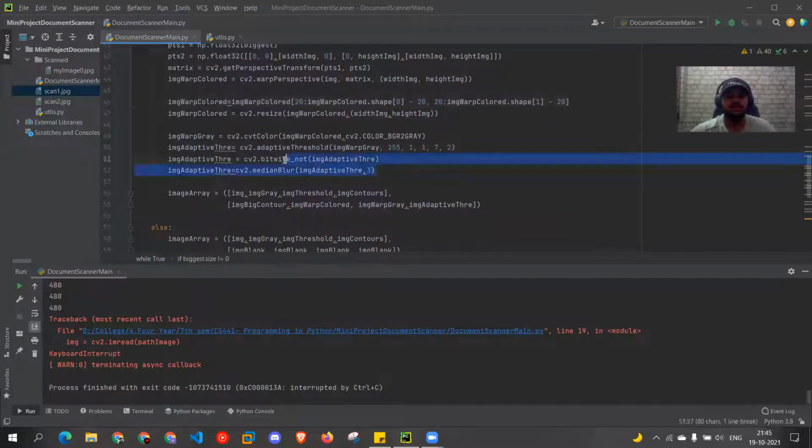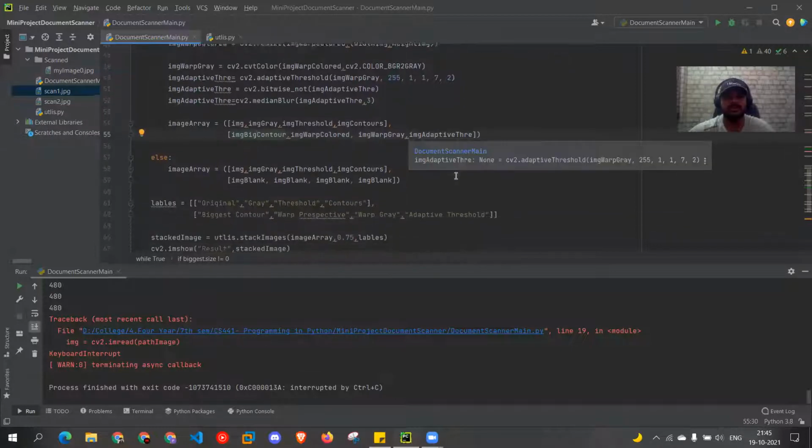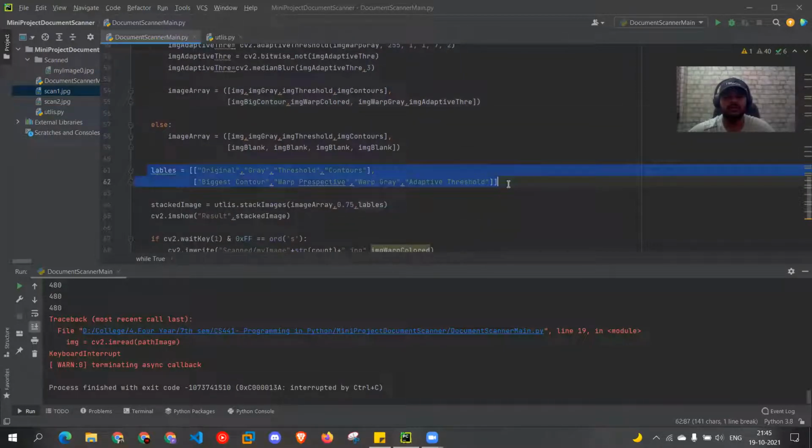After that, I have used adaptive thresholding to get a more paper-like feel. And at last, as you can see, I have an array of images. This array of images is just an input for our stacking function to stack the images together in the output. Then here I have defined the labels for each image in the stack.